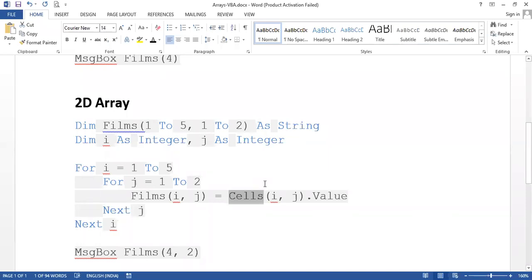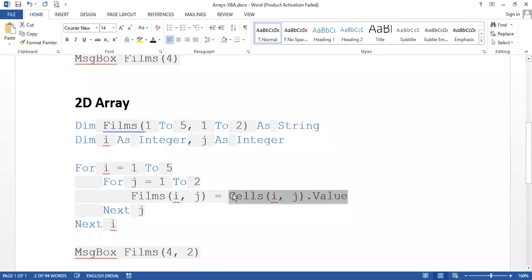So your array will be taking values from A1 to B5, right, from A1 to B5. We are taking these values, and the cells with dot value will put them into the array we are taking.